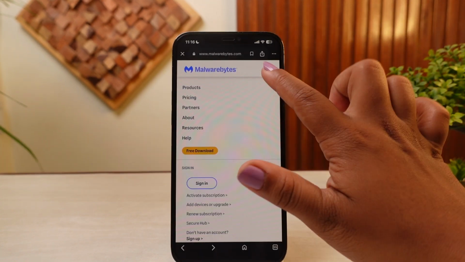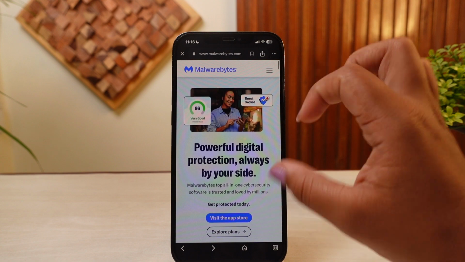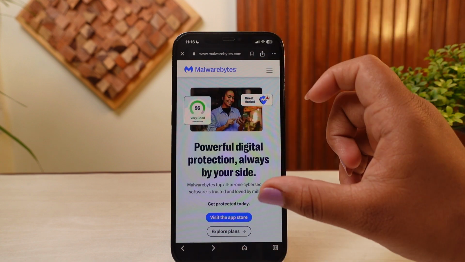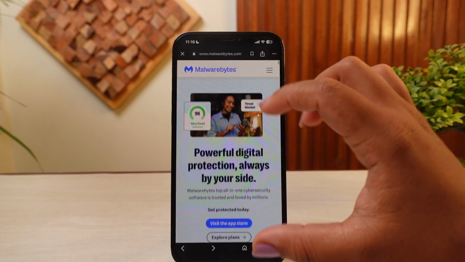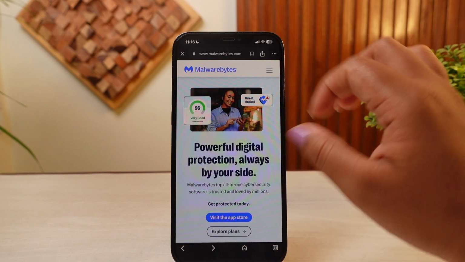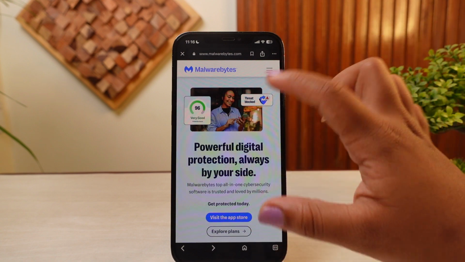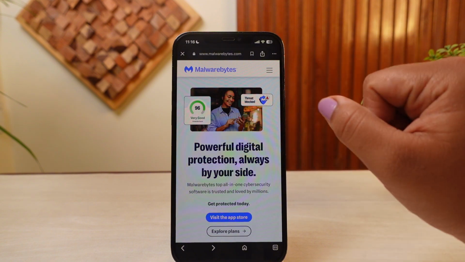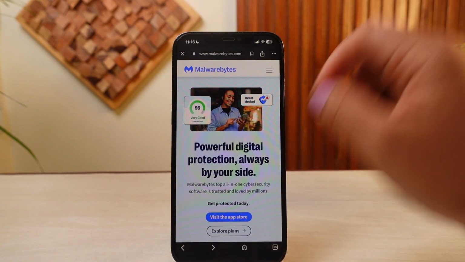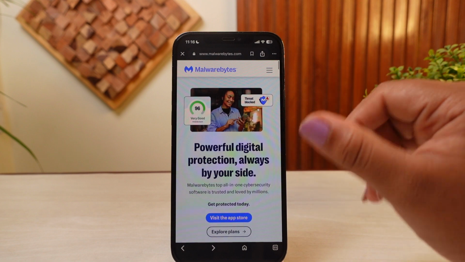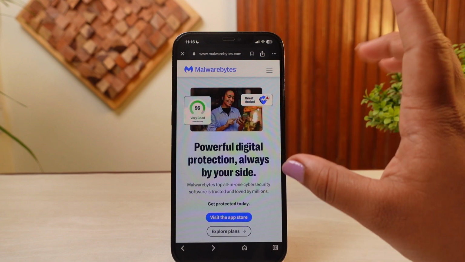log into your account. After successfully logging into your Malwarebytes, you'll be able to get into their dashboard. Then from there, what you can actually do is simply tap on their account, my account option on your account. You can tap on the profile icon on the top right corner, or you can get that on your navigation bar. Simply either way, tap on that one, get into my account, then from there scroll down until you see